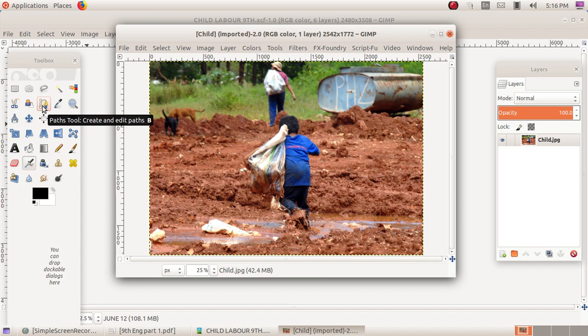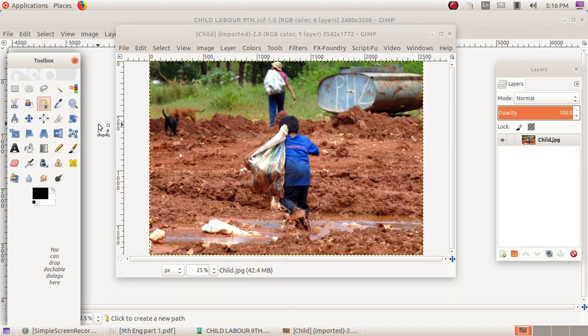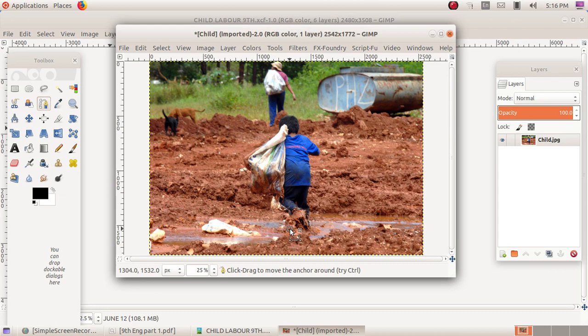This is the path tool for creating and editing paths. The shortcut key is B. Click on the paths tool, then click on that picture, only that part of the picture, and at last press and hold the control key and click the initial starting point.